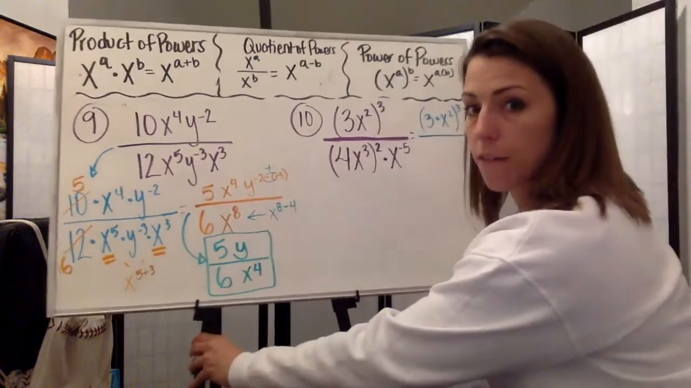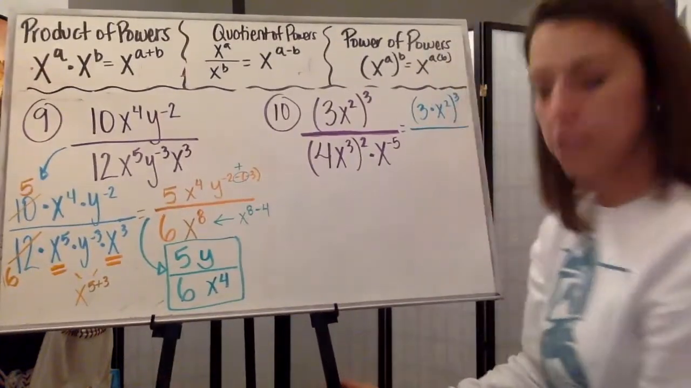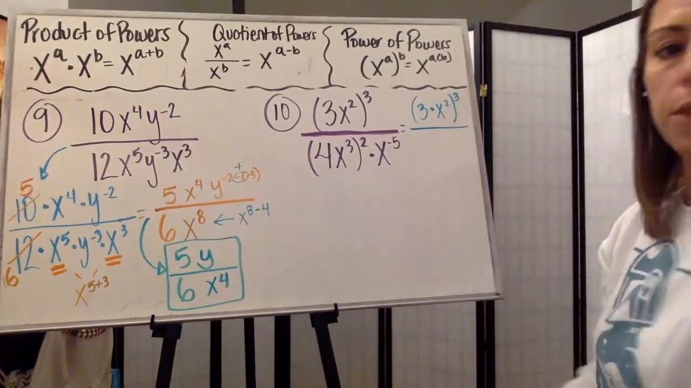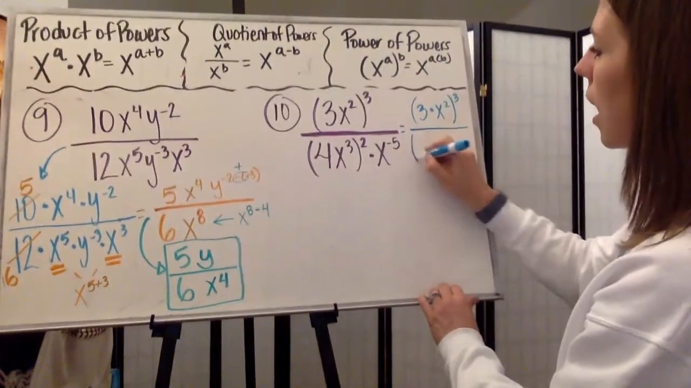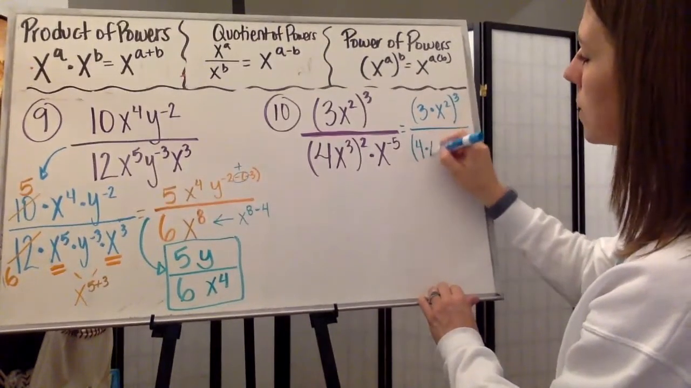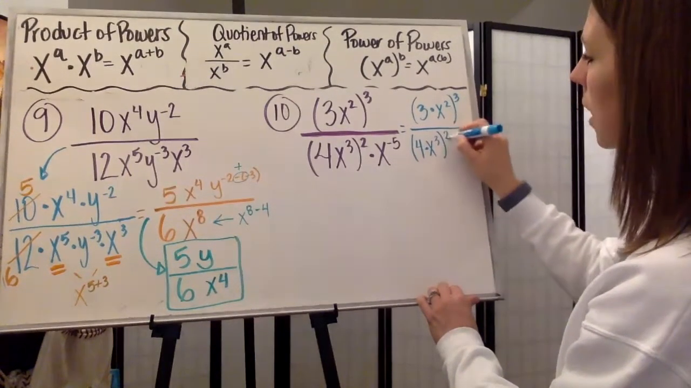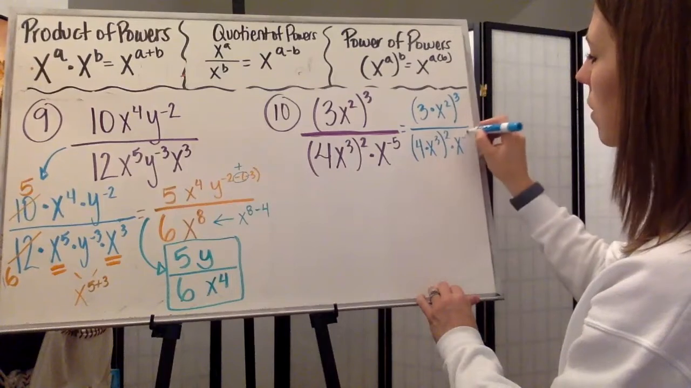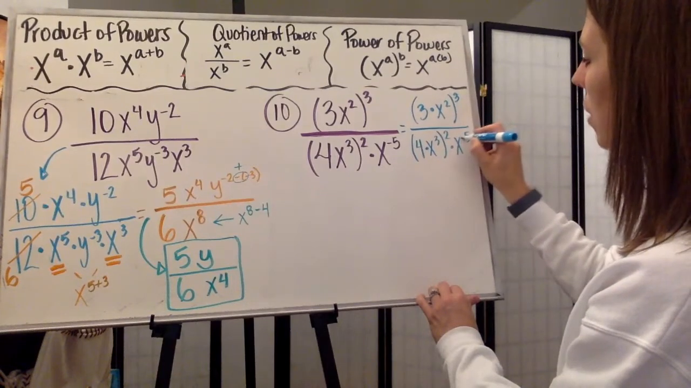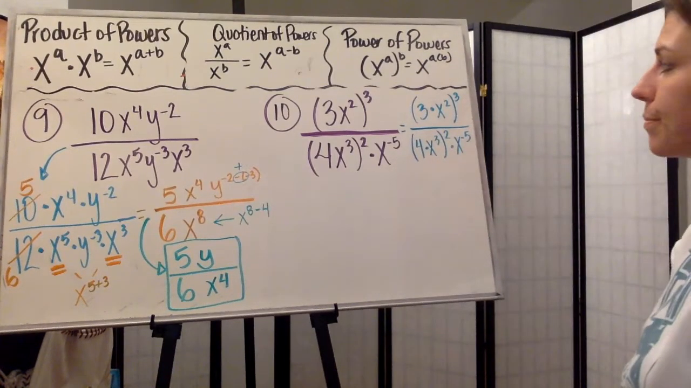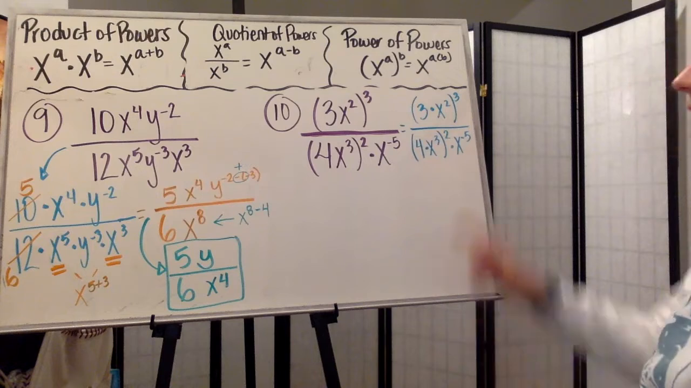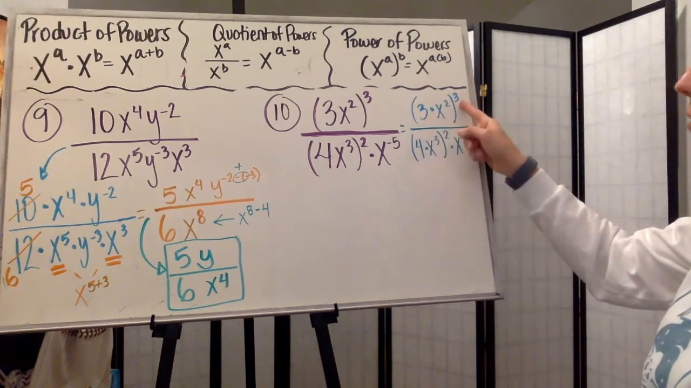Probably not. That's actually not a very good angle. There we go. We'll do it at that angle and hopefully I won't knock it over. And then in the denominator, I have 4 times x cubed to the second power times x to the -5th. There we go. Okay. So now I can see that I'm going to multiply 3 by itself 3 times and